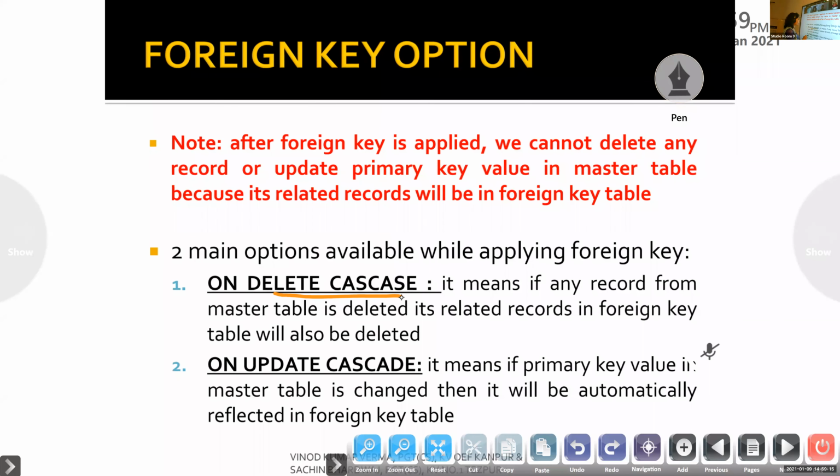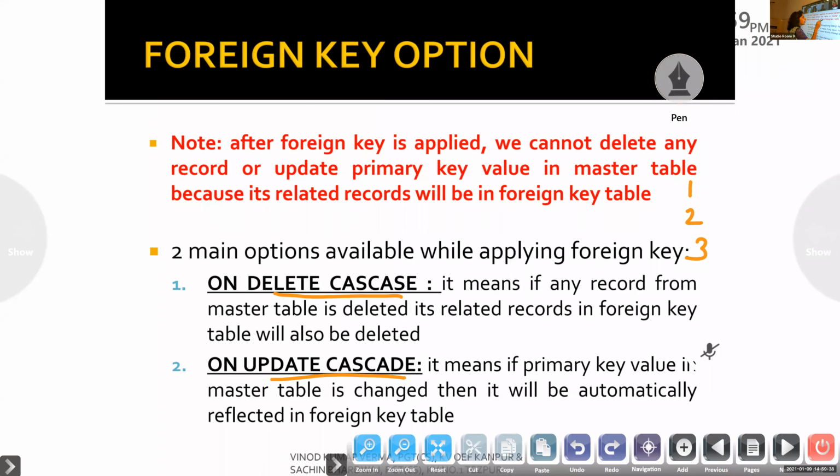See, one more thing I have told you: suppose in department table there are values 1, 2, 3. In employee table we are making department number as a foreign key.